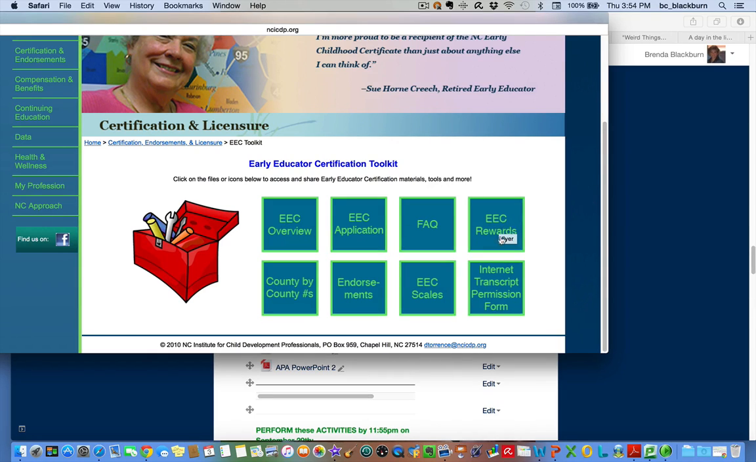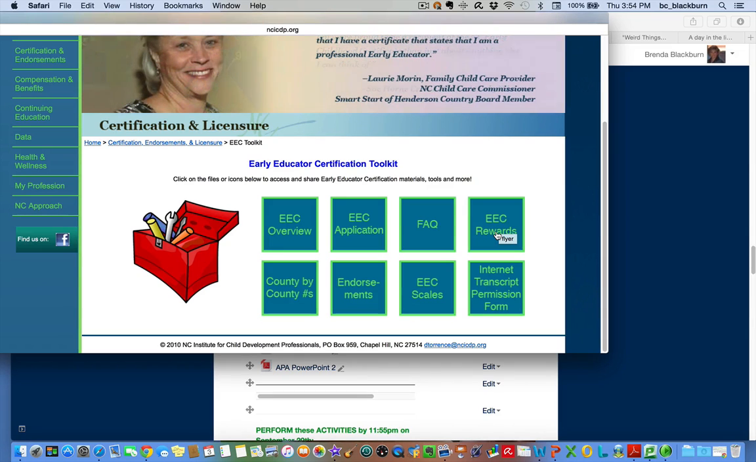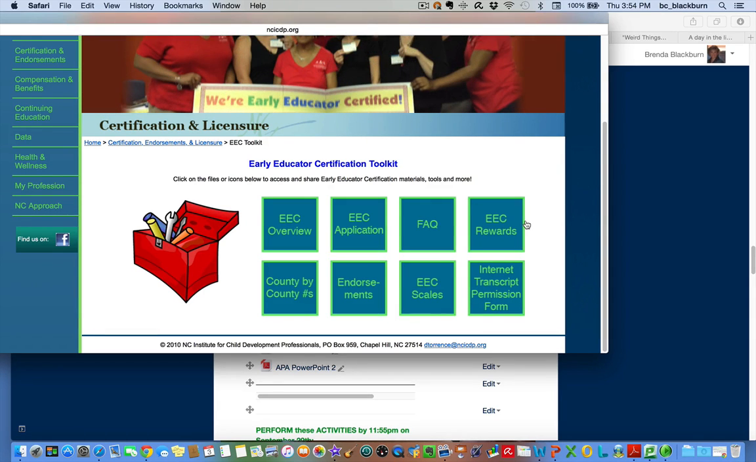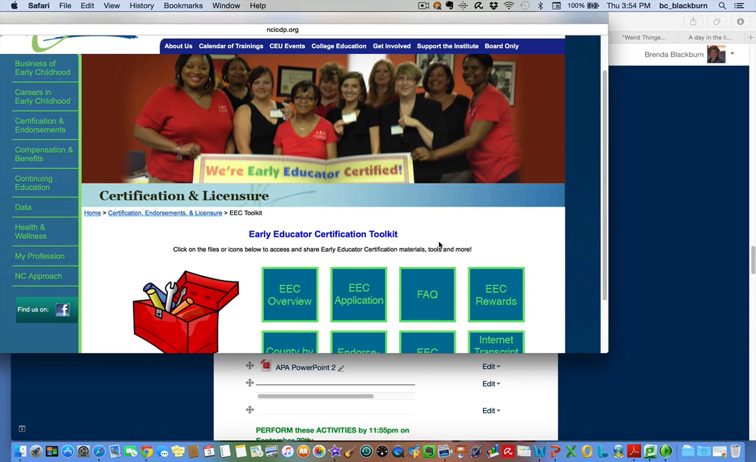There's also great rewards that I've used, even great coupons and certificates and different things that you can use once you become an early educator and get your early educator certification. So there's many different things here that you can look at and see if it's something you want to go ahead and do. It's, again, one way to show that you are a professional and you receive your certification through